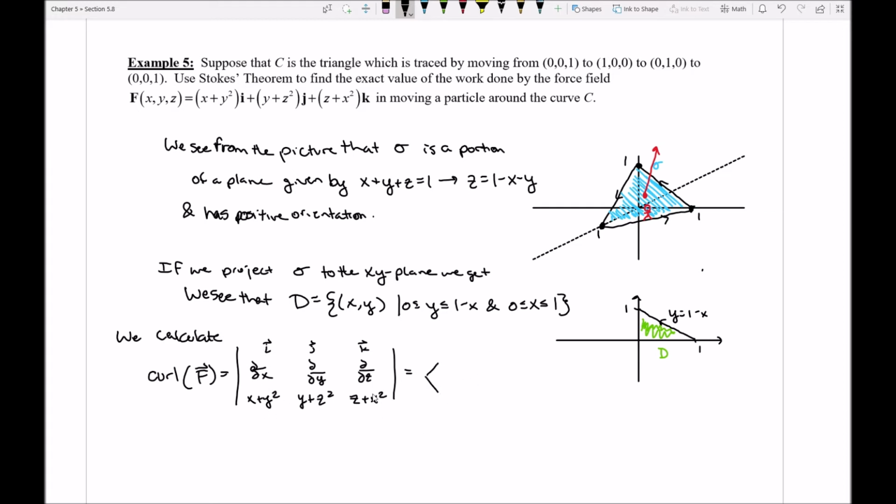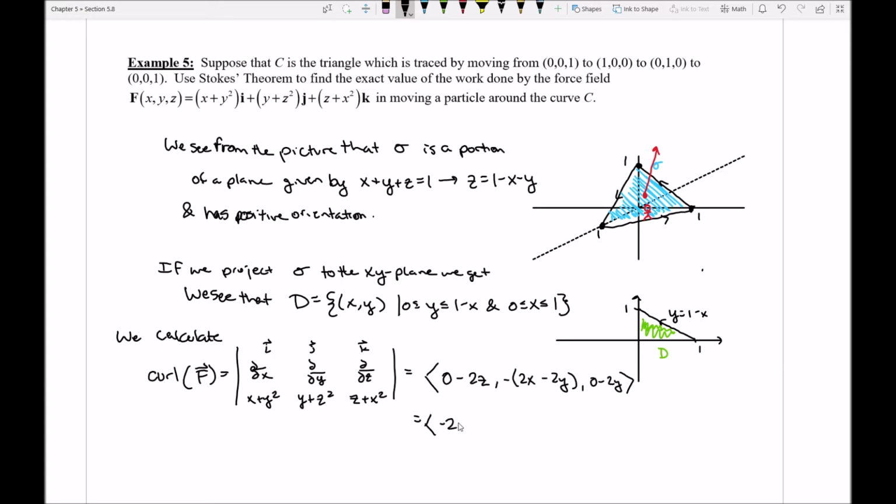My curl is going to be partial with respect to y, so that's a 0. Partial with respect to z, 2z. Then I'm going to have a minus, and partial with respect to x, I'm going to have minus 2x, and minus here a 2y. So I'm going to get this. And my final component is going to look like partial with respect to x, which is 0, and minus partial with respect to y, which is 2y. So if I simplify this down a little bit,